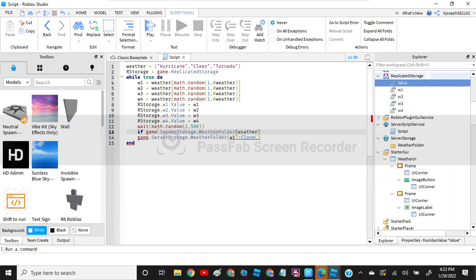Maybe I shouldn't have deleted the number value. Woofer not nil, then else, and then